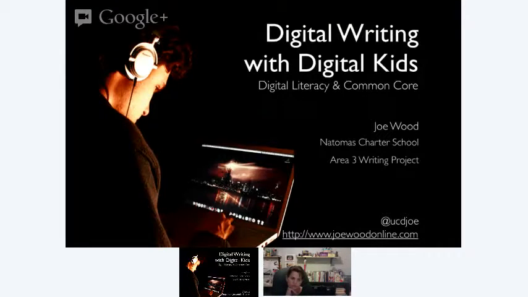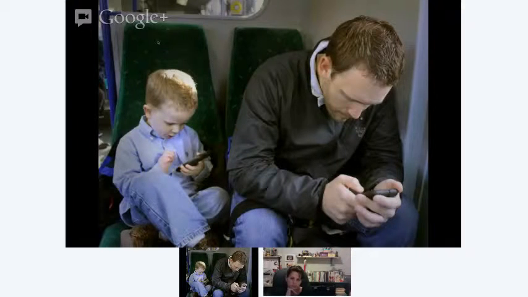I always like to start off with a story. I don't have any kids of my own, but I do have two nephews who used to live in Germany, but I'm fortunate that they now live 5 minutes away right here in West Sacramento where I live. If you look at this picture, my younger brother, Chris, is on the right, and his youngest son, Caden, is on the left. You notice they both have iPod Touches.